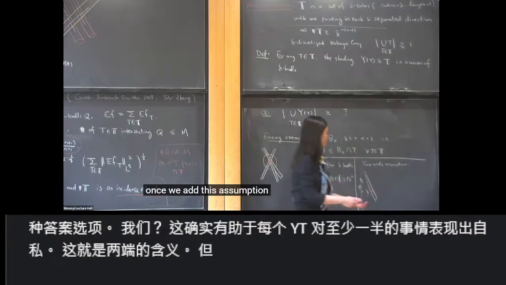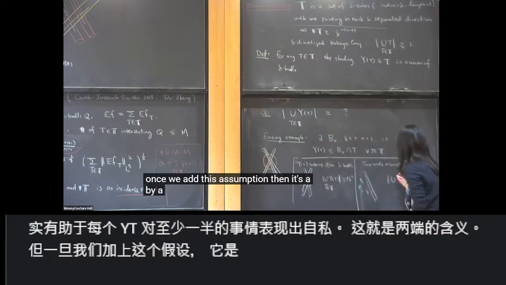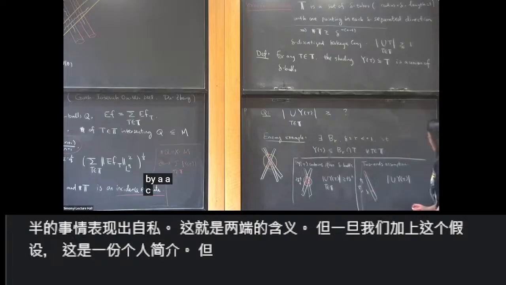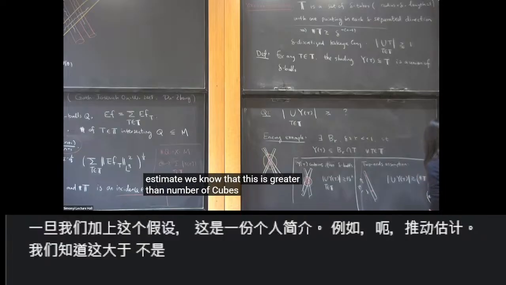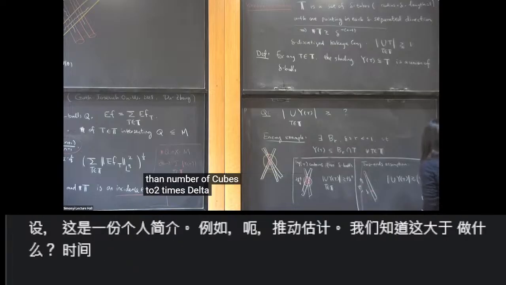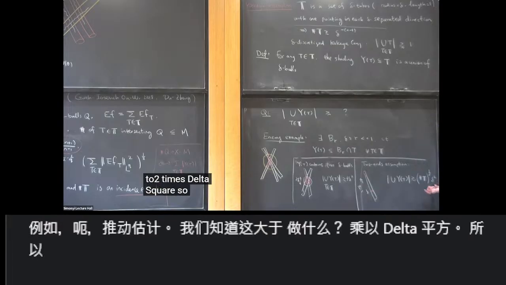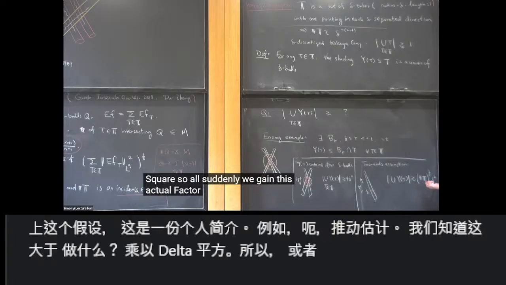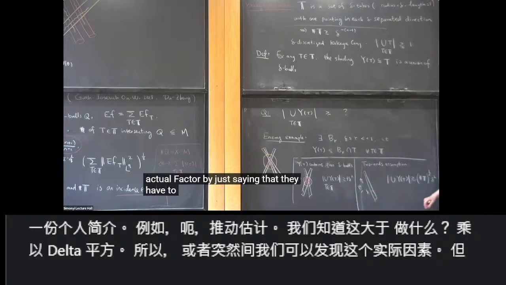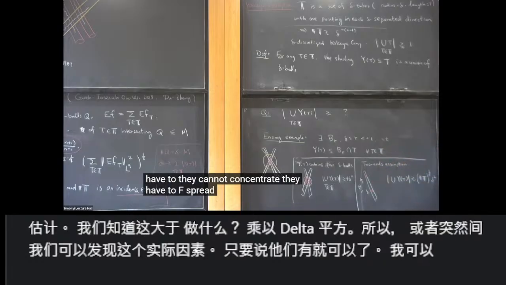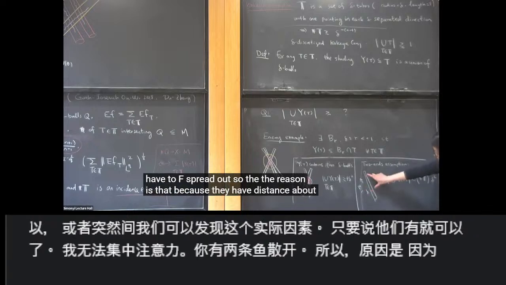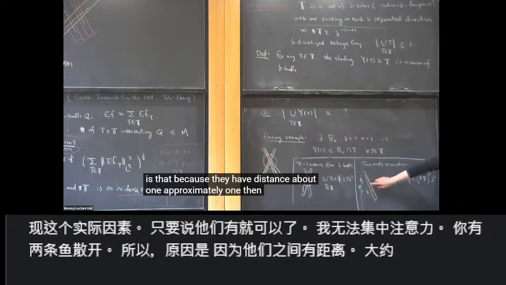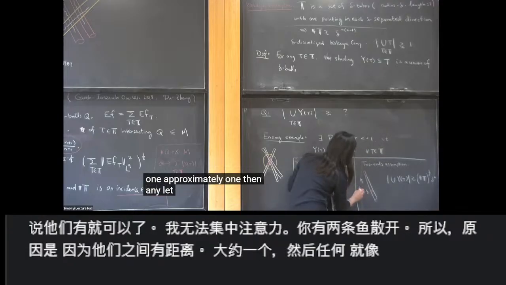Once we add this assumption, then by a Cauchy-Schwarz estimate, we know that this is greater than the number of tubes to the 1/2 times delta squared. So suddenly we gain this extra factor by just saying that they cannot concentrate, they have to be spread out. The reason is that they have distance approximately 1, let's say greater than 1/10,